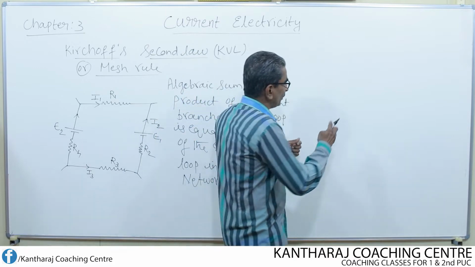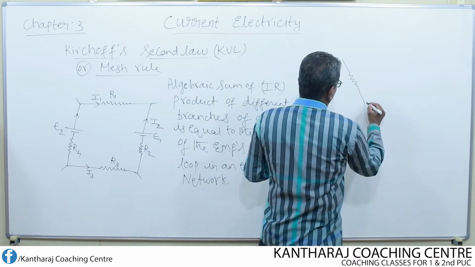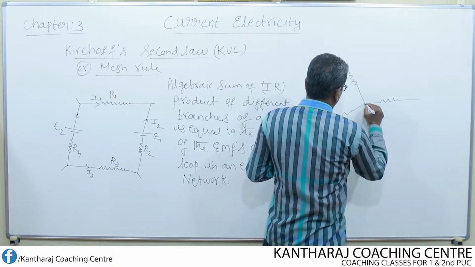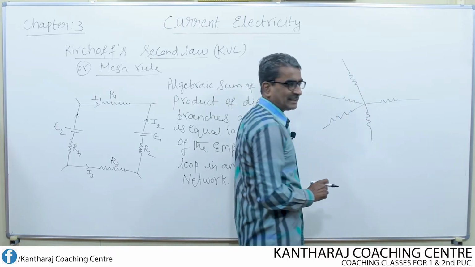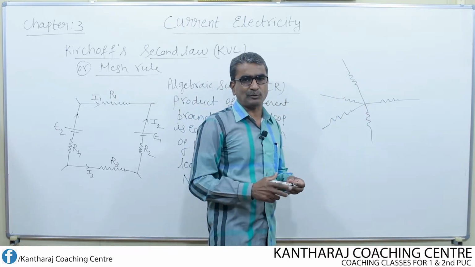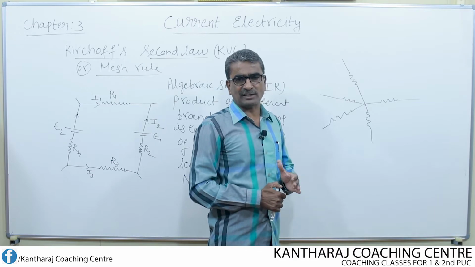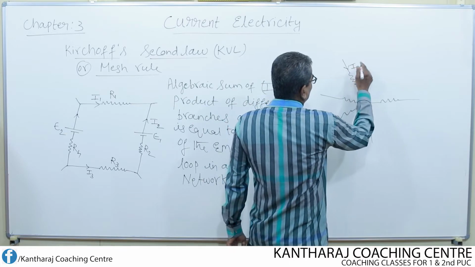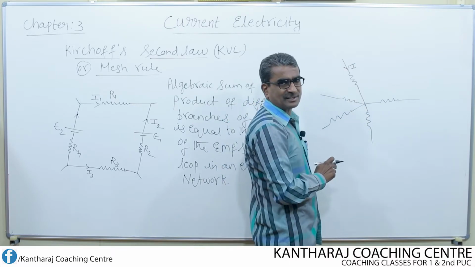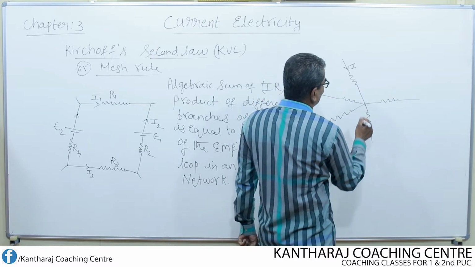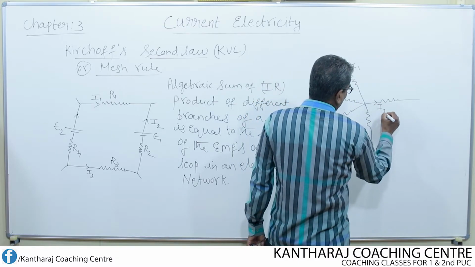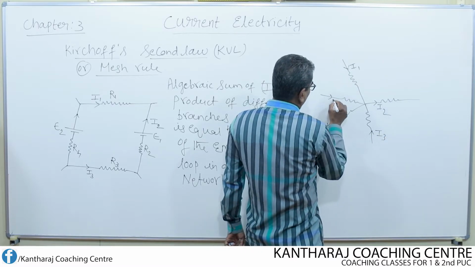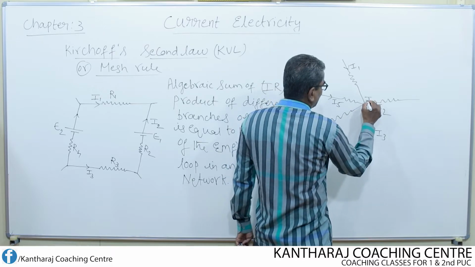That means, suppose I consider several conductors meeting at a point, say for example, I am going to consider 5 conductors. You can consider any number of conductors, minimum 2 conductors must be there in order to state Kirchhoff's current law or first law. So if I mark the currents in different conductors, or different resistors or wires, in different directions randomly, I1, I2, I3, then I4, I5, and this is nothing but the junction.